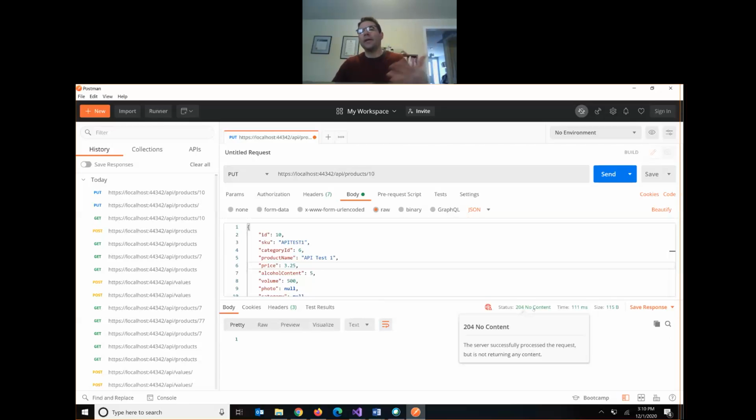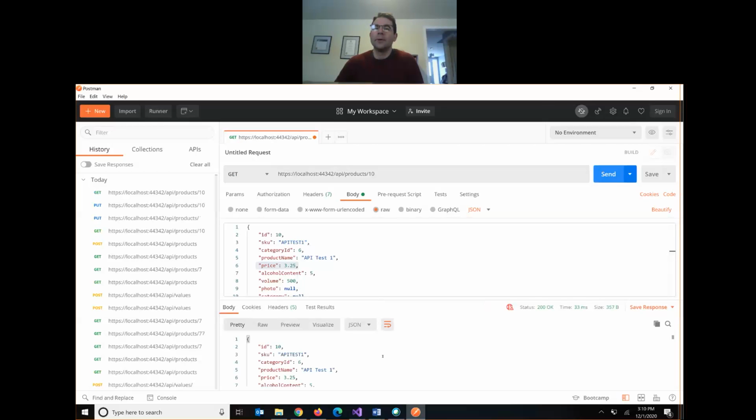So how can we easily check using Postman to see if our update actually executed? So I've changed the price. How can we actually see it? Right, Aiden, you got it. I can just toggle my method back to get. There we go. My price shows as